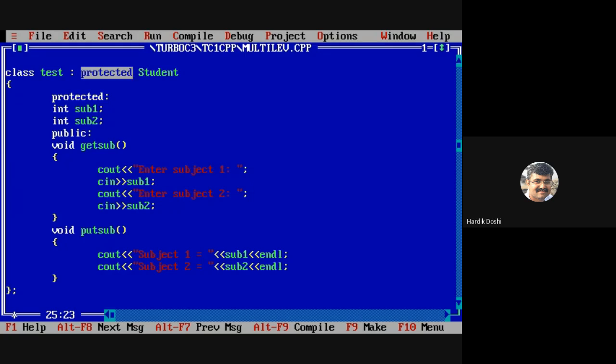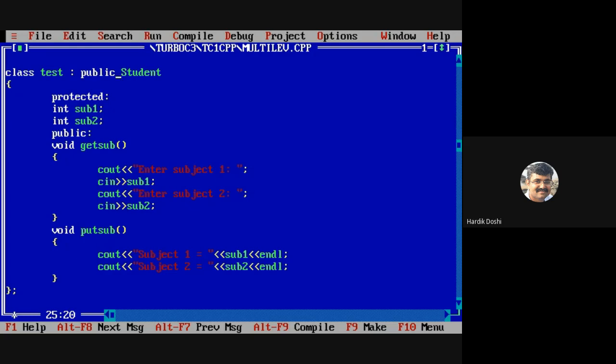I come to that point. What if I do it public? Roll number will be protected. And in the public section, that means can I say get stuff, put stuff, get roll, put roll, all four are public. Agree or not? Okay. So can I say the first level of inheritance is clear? The structure is clear?